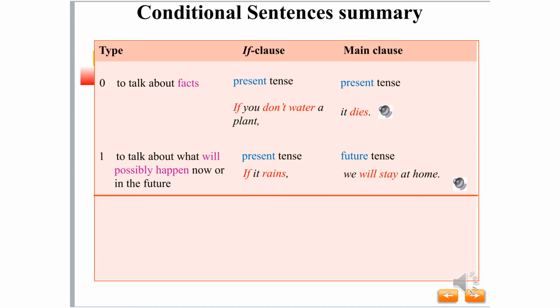For type 1, when we want to talk about something that may happen or may not happen now or in the future, then we use type 1. The tense for the if clause, we use present tense. For the main clause, we use future tense. Okay, so remember this